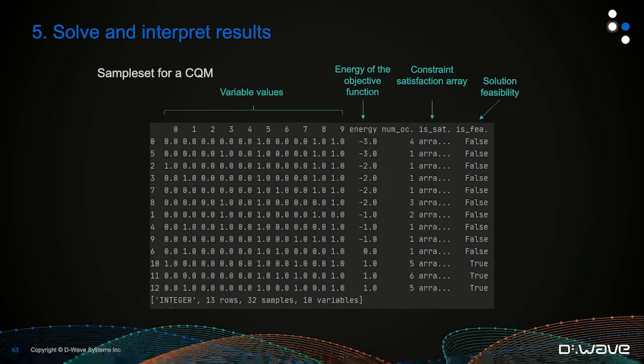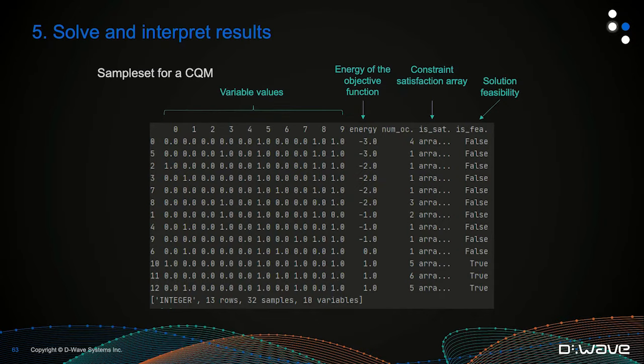And then we have two new columns, is satisfied and is feasible. So for each solution that we provide, we're going to get an array back that has the satisfaction status of each constraint. So in our example, we only have 2 constraints. So is satisfied will contain 2 entries to tell us the status of each constraint for each solution that we receive.